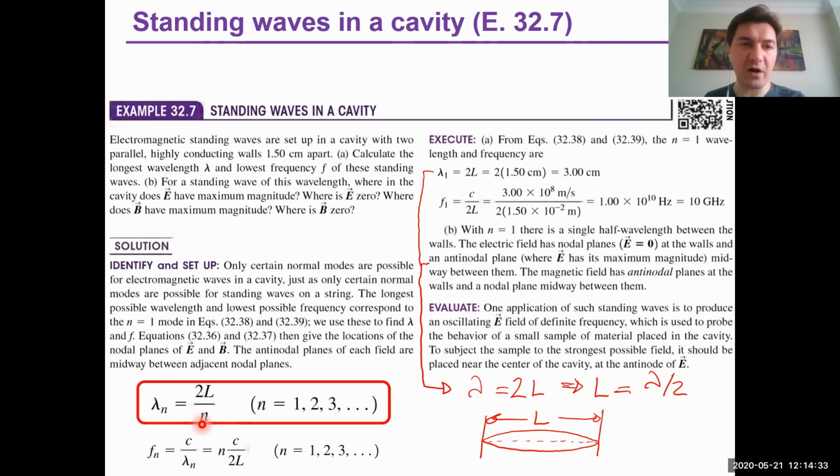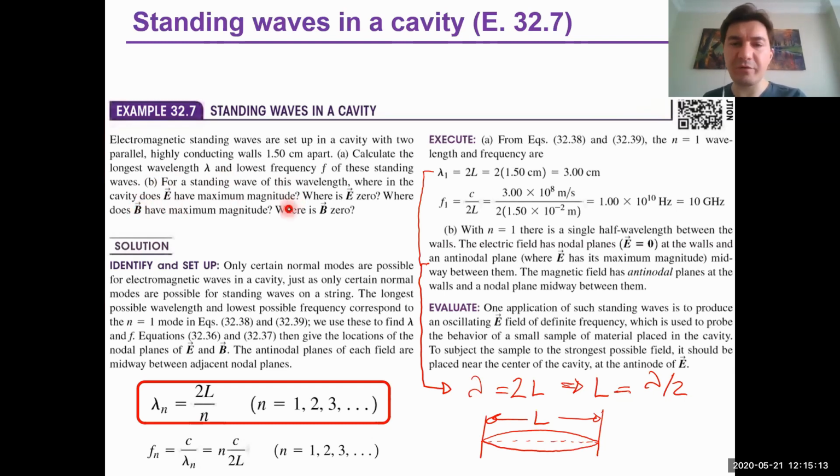So let's start with part A and try to calculate the longest wavelength. Take N equal to 1, L is given, put it there. Lambda 1 is given by 2L, so 3 centimeter. So the longest wavelength is 3 centimeter. And the lowest frequency is also given with that expression, c over 2L. 2L is lambda, okay, just that expression. So we have 10 gigahertz. This is the lowest frequency. So what about the B,